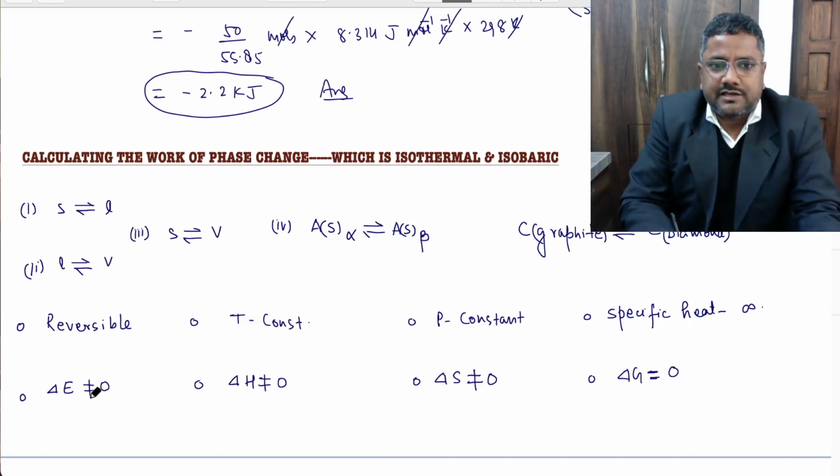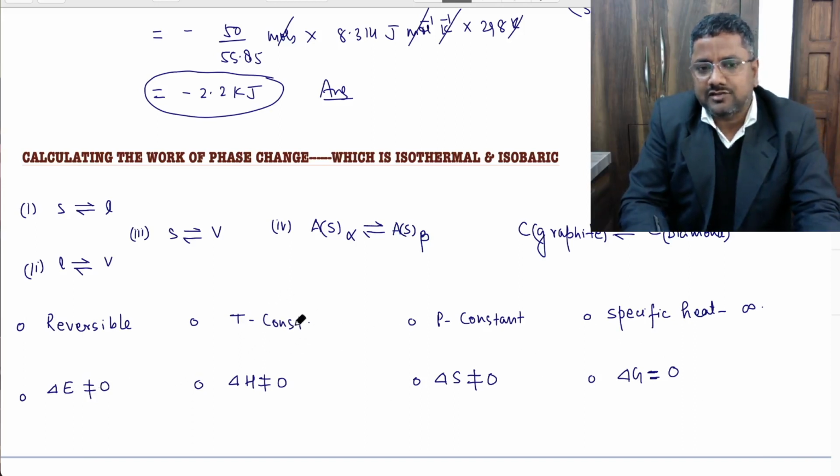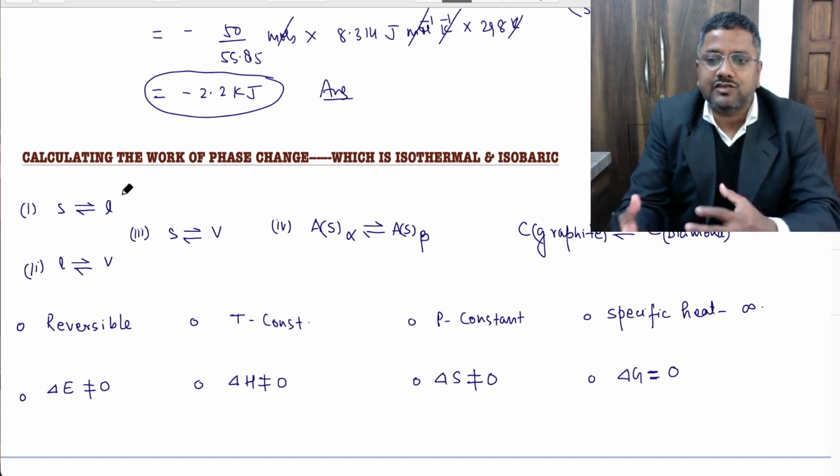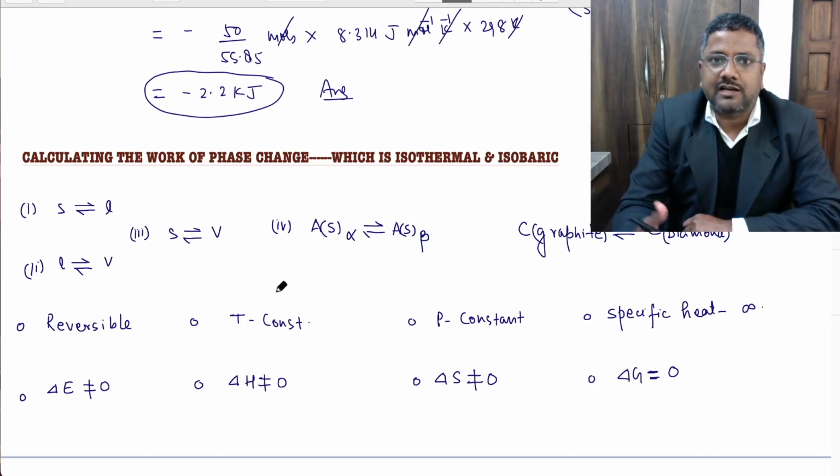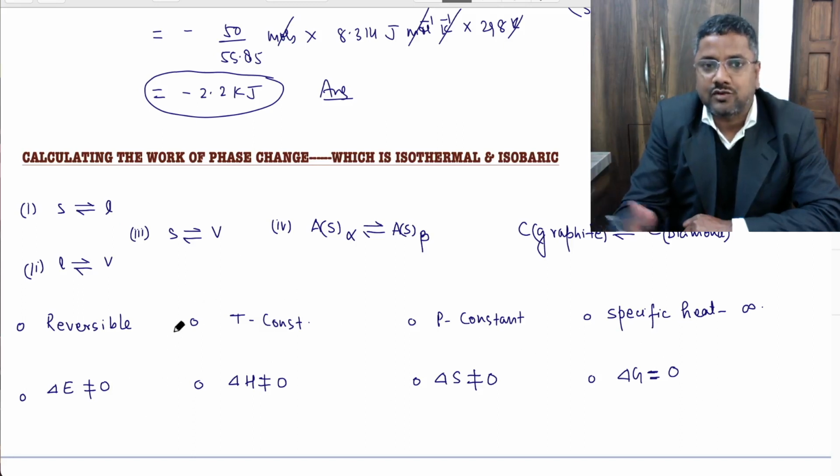Why is delta E not equal to 0, delta H not equal to 0, although they are defined at constant temperature? Temperature is constant, but when solid is converted into liquid, dissociation of some intermolecular forces is taking place. And why is this 0 for an isothermal process? Because we are assuming that the behavior of the gas is ideal, and if the behavior of the gas is not ideal, then delta E is not equal to 0, as I have shown you in the cases of real gases. So why is this not equal to 0? The answer is